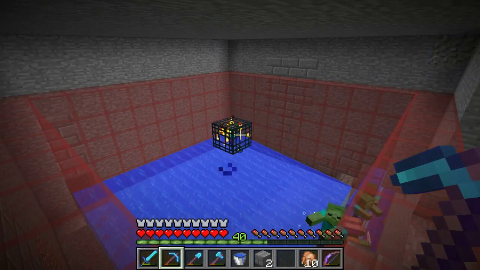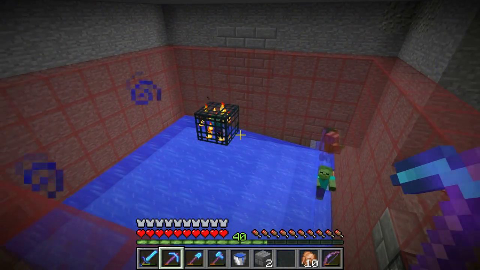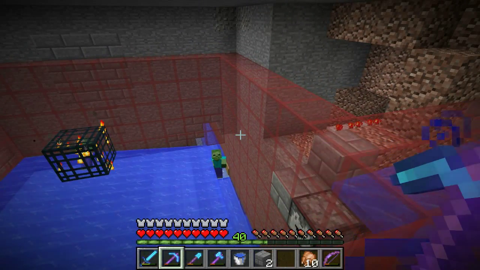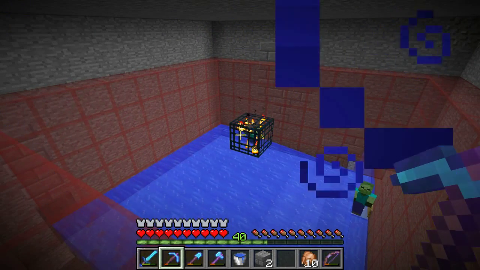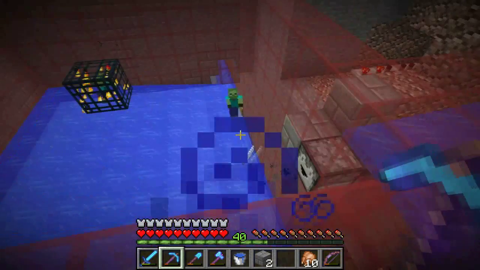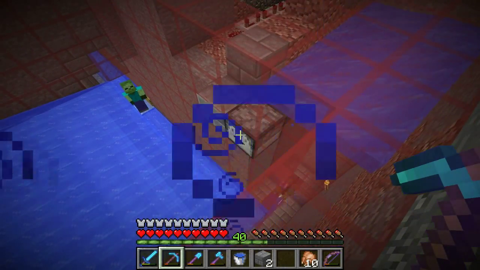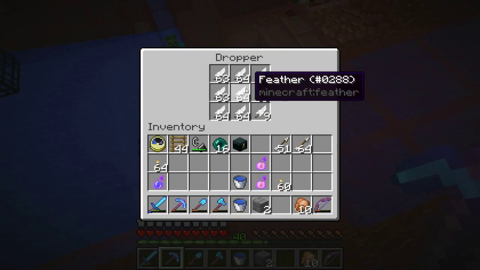Okay, so here we have the spawner. So this is the straightforward way of taking care of a spawner. You know, 4 air blocks in each direction from the spawner, or sideways direction I should say. In the vertical direction at least 3 is sufficient. We have a dropper here, and in this dropper, if I can access it like this,